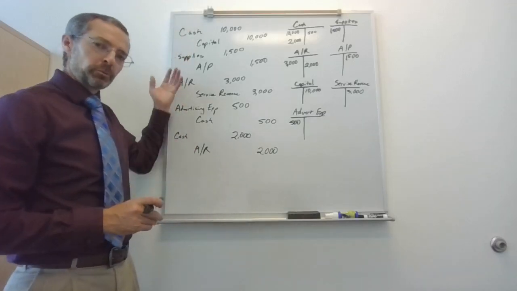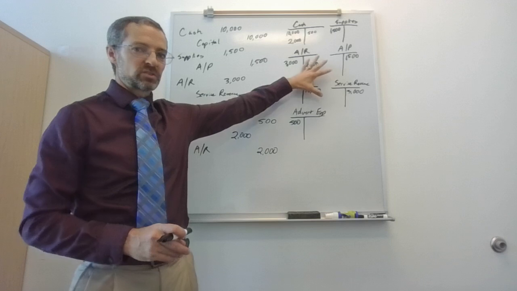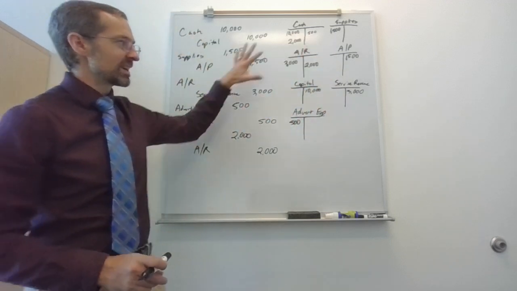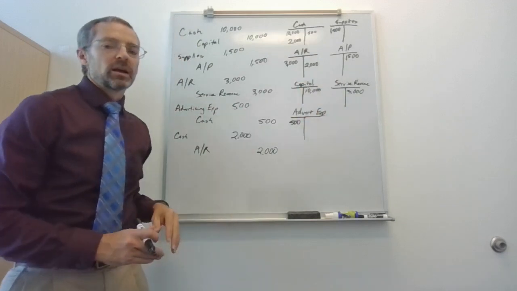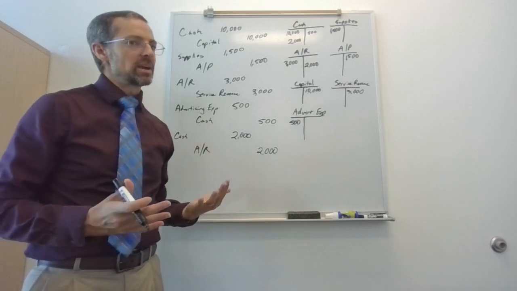Up here, I have a whole bunch of journal entries. And for each journal entry, I have posted it to the correct account over here in my T accounts. So journal entries, ledgers over here. At the end of a period, usually that means at the end of the month or end of a year,